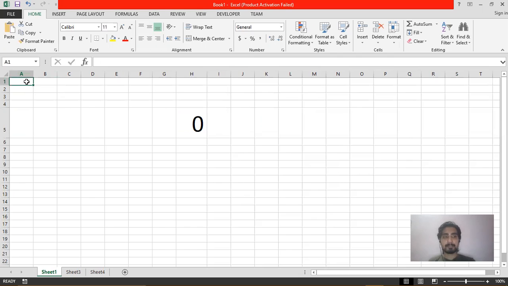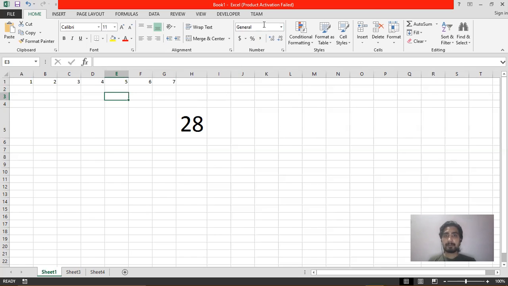So let's see. Let's insert 1 in the first cell, then 2, 3, 4, 5, 6, and 7. And you can see that the way we have inserted the number, in that way only the sum was being updated. So each time we inserted the number, that was being added and it was updated in the cell in which we have inserted the formula. So you can do the calculation anywhere in Excel worksheet, but you just need to insert the name of that cell in which you want to add. So these were the different data types of MS Excel application.